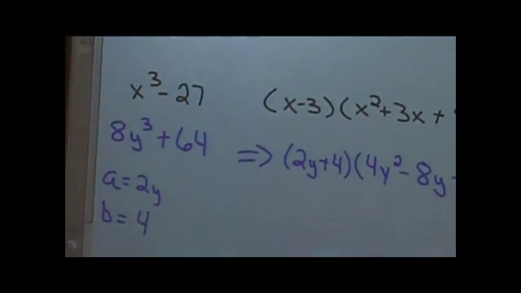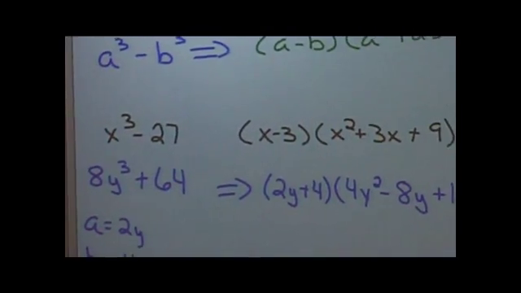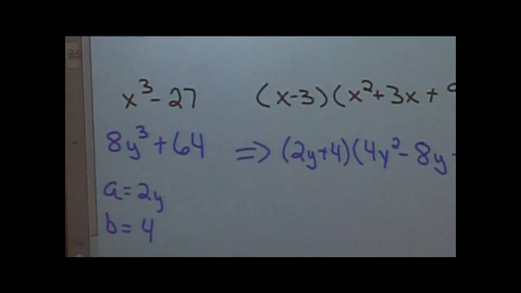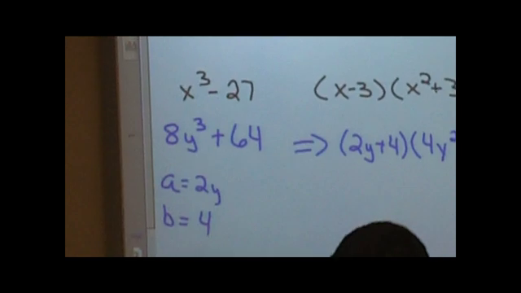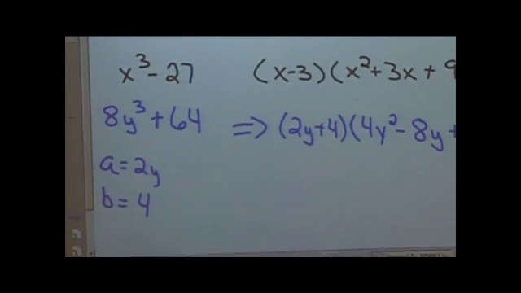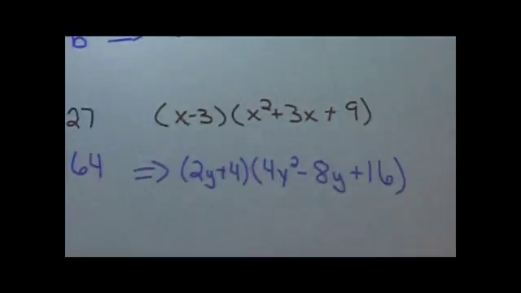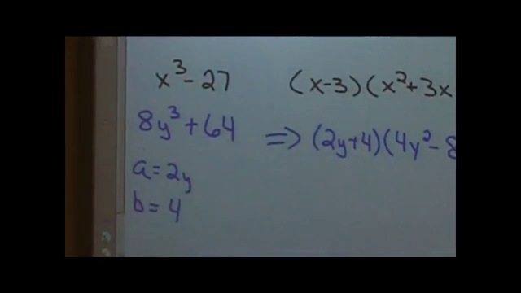I'm confused on how 4 came from 64. How the 4 came from 64? You're taking the cube root of 64. What times itself 3 times is 64? 4 times 4 is 16, and 16 times 4 is 64. If you have a question on that, you have your calculator. In your calculator, I think it's under math, there's a